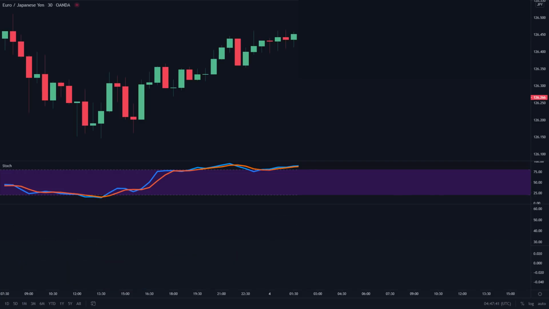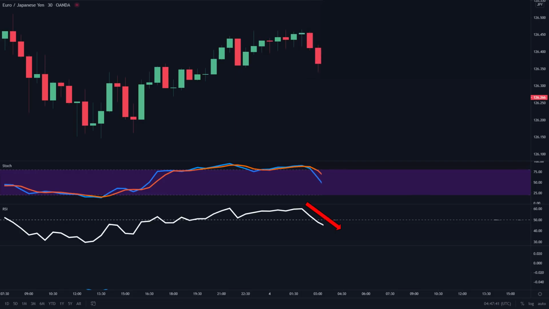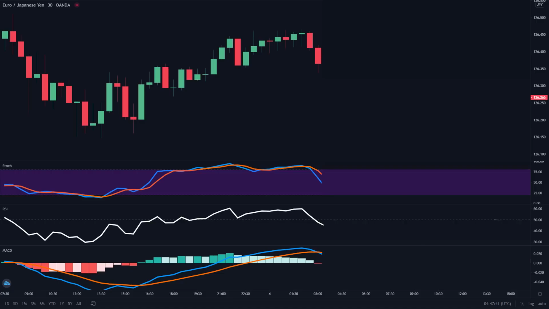In this chart, we can see that both of the K and D lines are at overbought, meaning we're going to take a sell position. Then, you want to confirm the downtrend by making sure that the RSI is below the middle line. The next step is you want to use the MACD to further confirm the downwards momentum by waiting for the